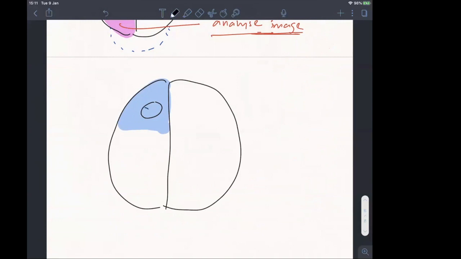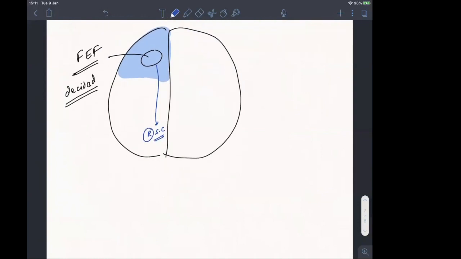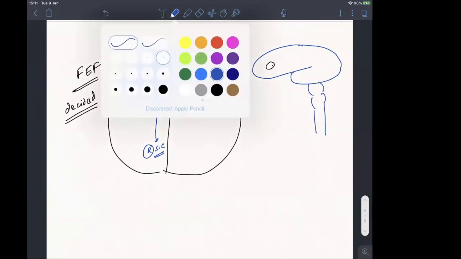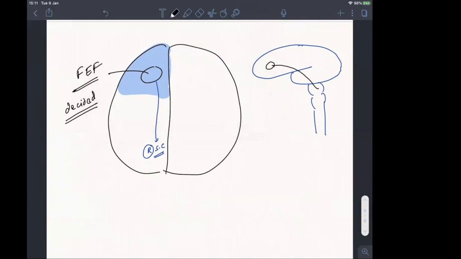So your right frontal lobe, this is the frontal eye field. And this has decided what this does: the right frontal eye field tells the right superior colliculus. Now here, it's better if you look at it from this angle. So your right frontal eye field will tell the right superior colliculus that I want to move my eyes towards the,